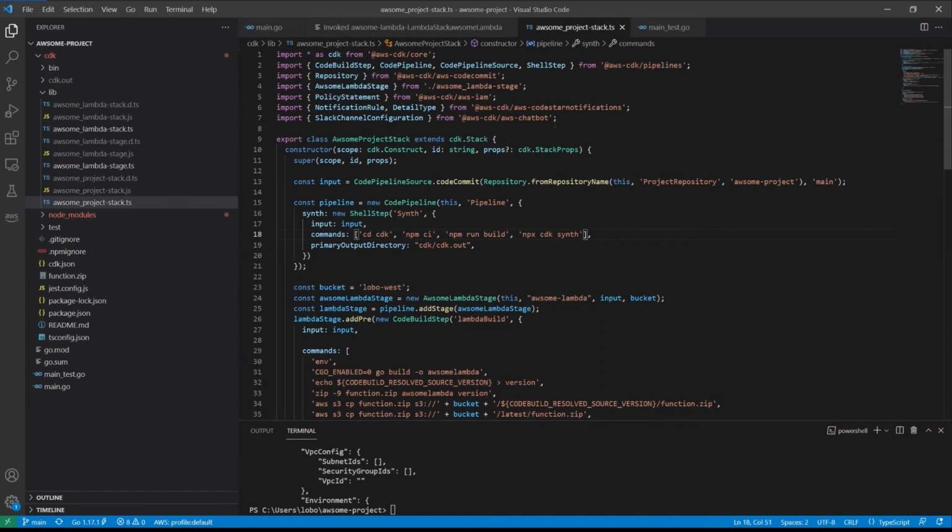So this is a TypeScript file. The CDK for Go isn't quite ready for production yet, but it is available in preview at the moment. I wanted to stick with languages that are in production. TypeScript is a great language to use for the CDK because the stack traces are all done in the native TypeScript language.